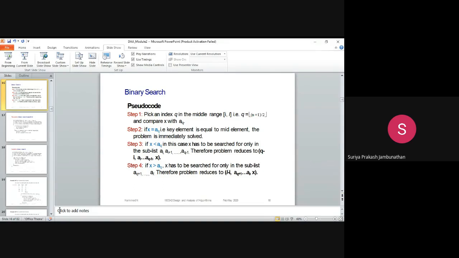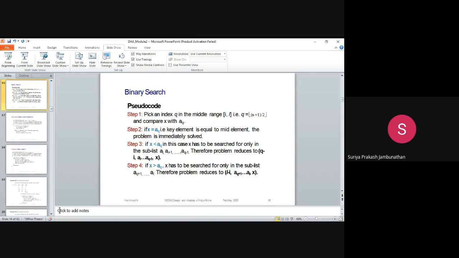Step 3: if x value is less than a suffix q. So if the key value we are identifying is less than the value, we are dividing the particular tree into 2 subparts. We are checking whether the key value is less than the value or greater than the value. If the key value is less than the element, then we have to search in the first division part.